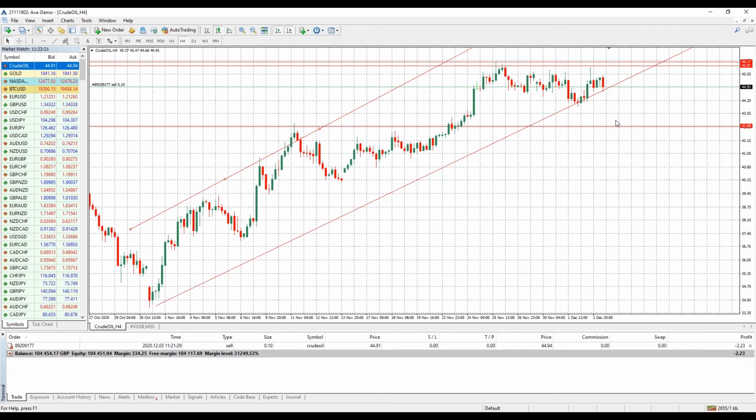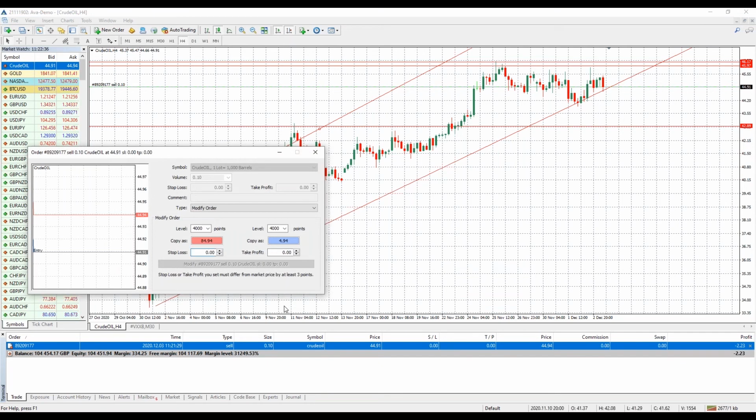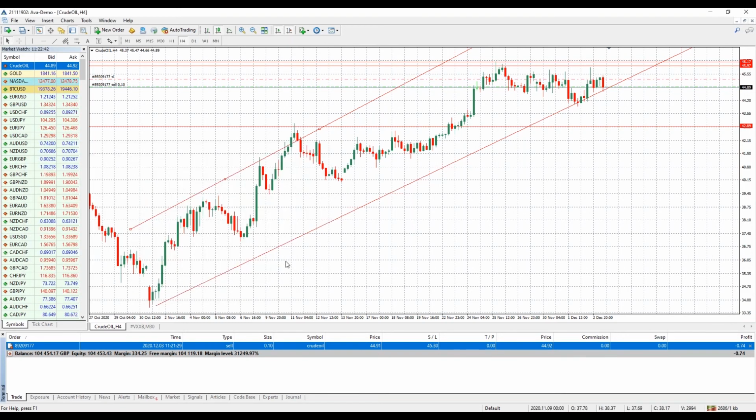Where might I put my stop loss if I'm selling on oil right now? Above this resistance level, right? So up here, maybe 45.25. So let me modify this. Stop loss 45 point, let's say 3. Okay, so my stop loss is up here, and actually I want to slide that up a bit. 46.25 or 46.3 is what I meant to say. So above the resistance up here, not far away, right? It has to break this resistance level to hit my stop loss. Stop loss above this resistance.